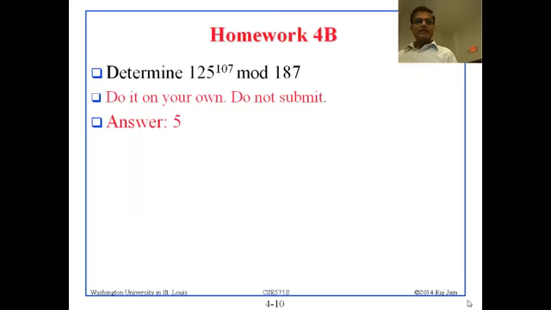All right. So now homework 4b. Now this is the homework that you will do at home, not here. You are supposed to calculate 125 raised to 107. You're not supposed to put it in your calculator and say, okay, what's the number? You should really do it on a piece of paper, because this is something that can be asked in the exam,